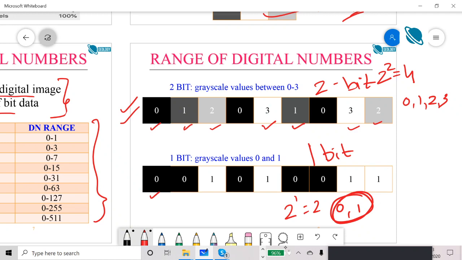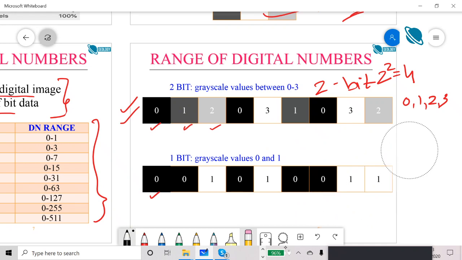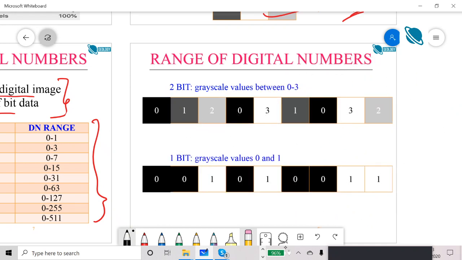Now what will happen if you convert it to a 1-bit image? Because intermediate values are not possible, the maximum value here is 3, white color. So 3 will become 1. Similarly, 1 is now the maximum possible value, so 2 will also become 1. 0 will remain 0, that is the minimum value.